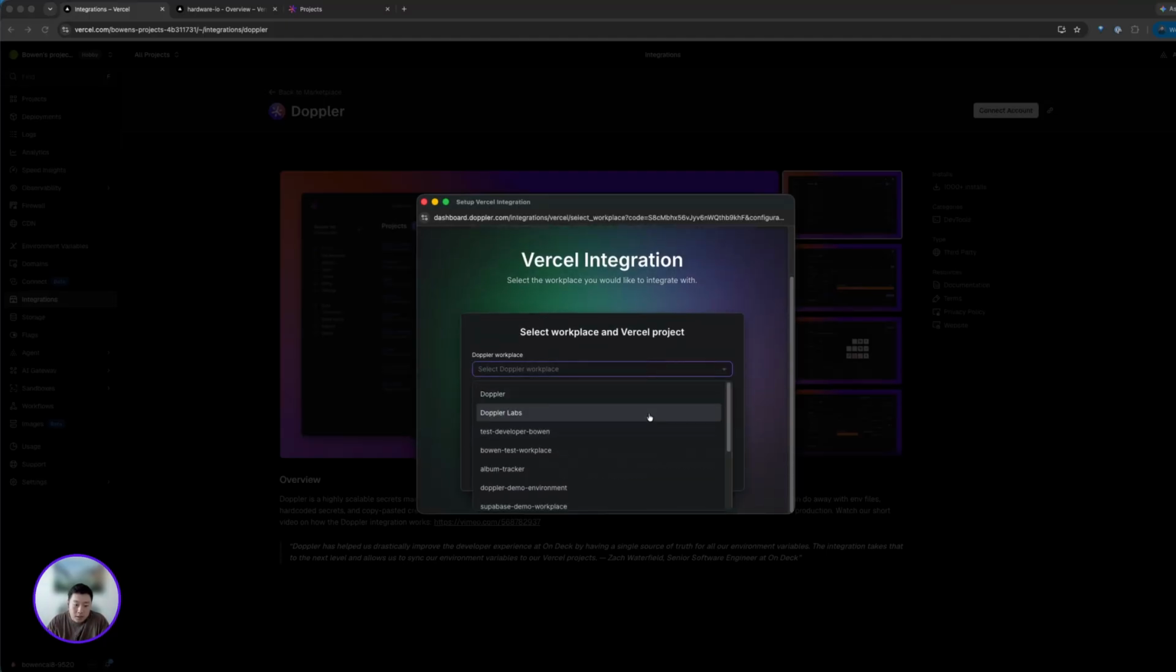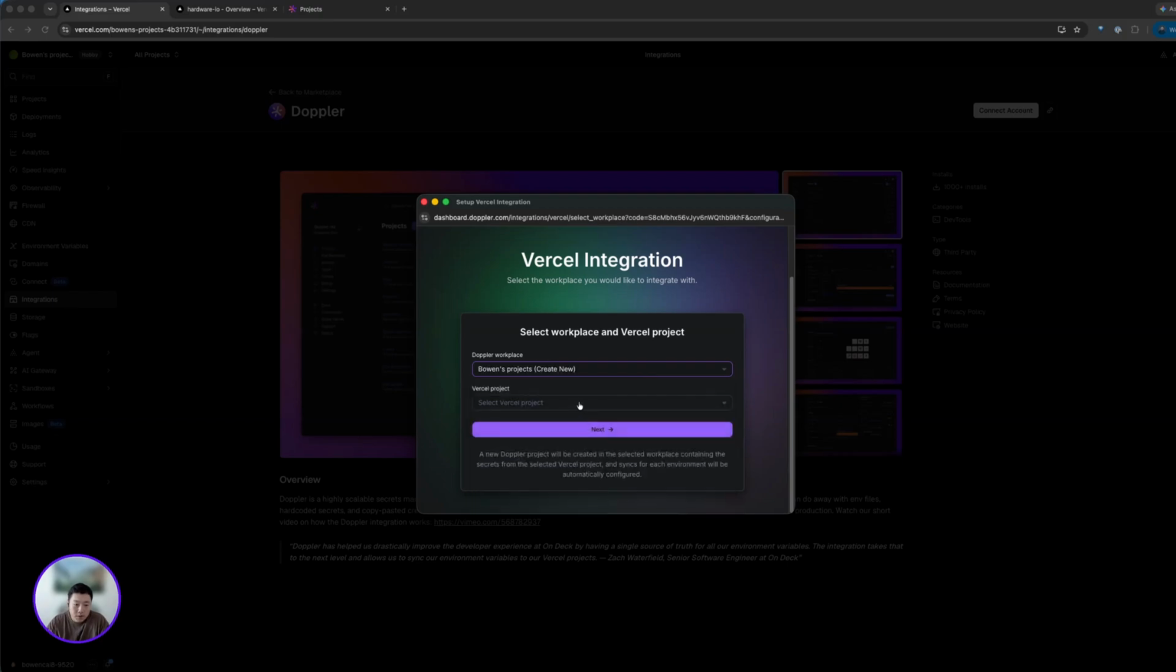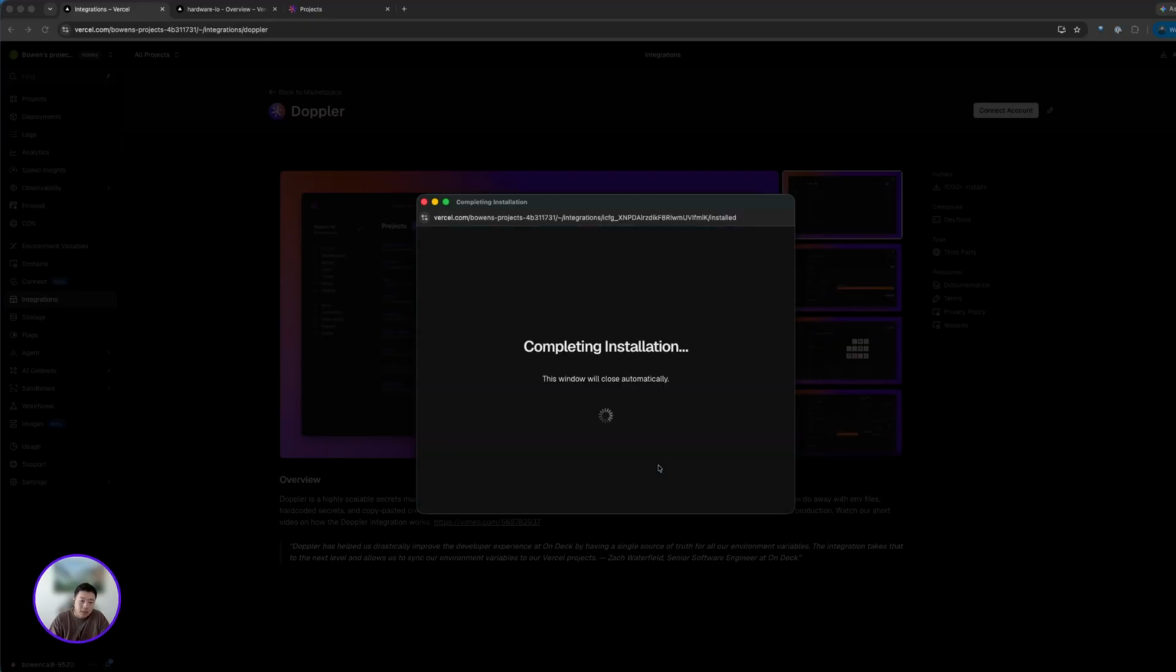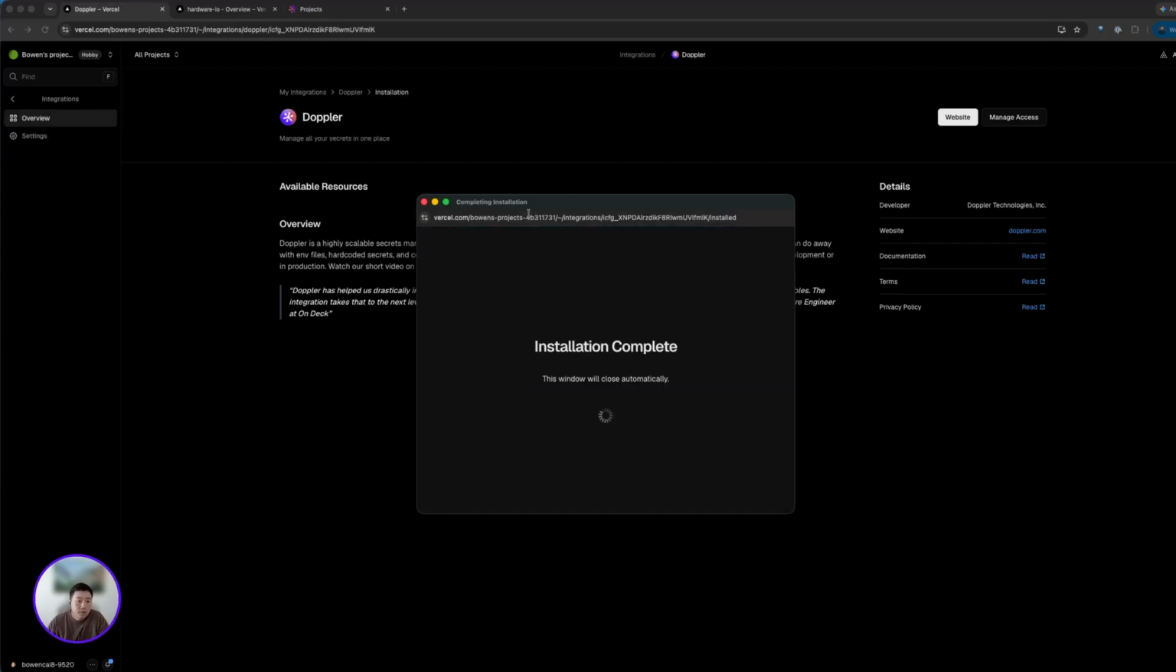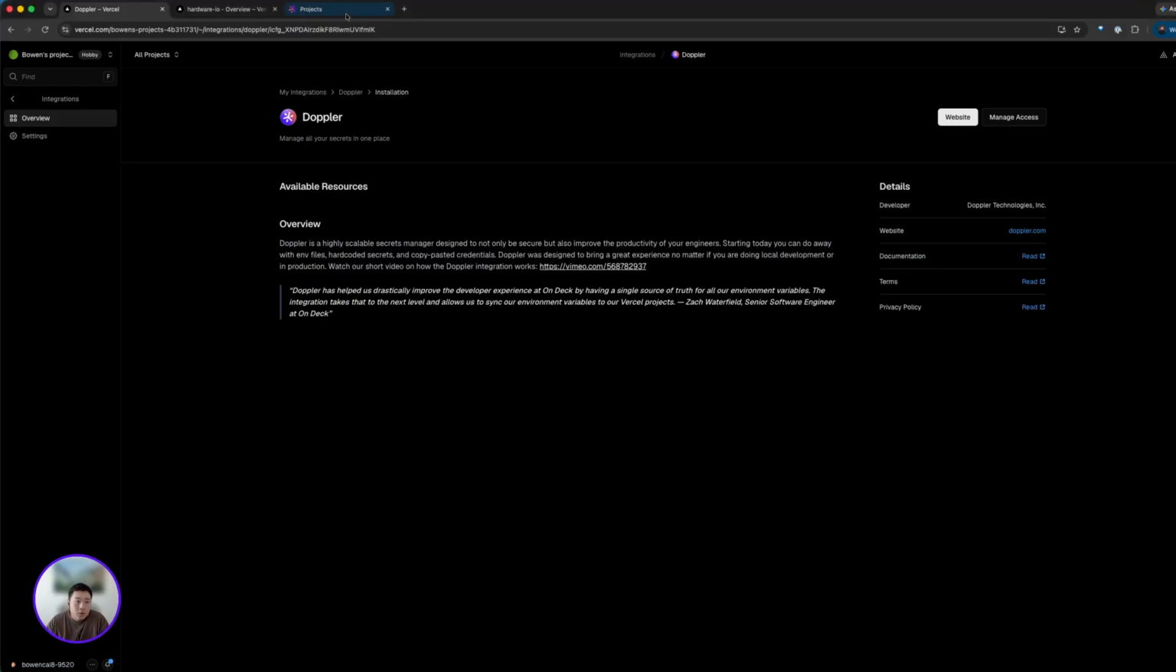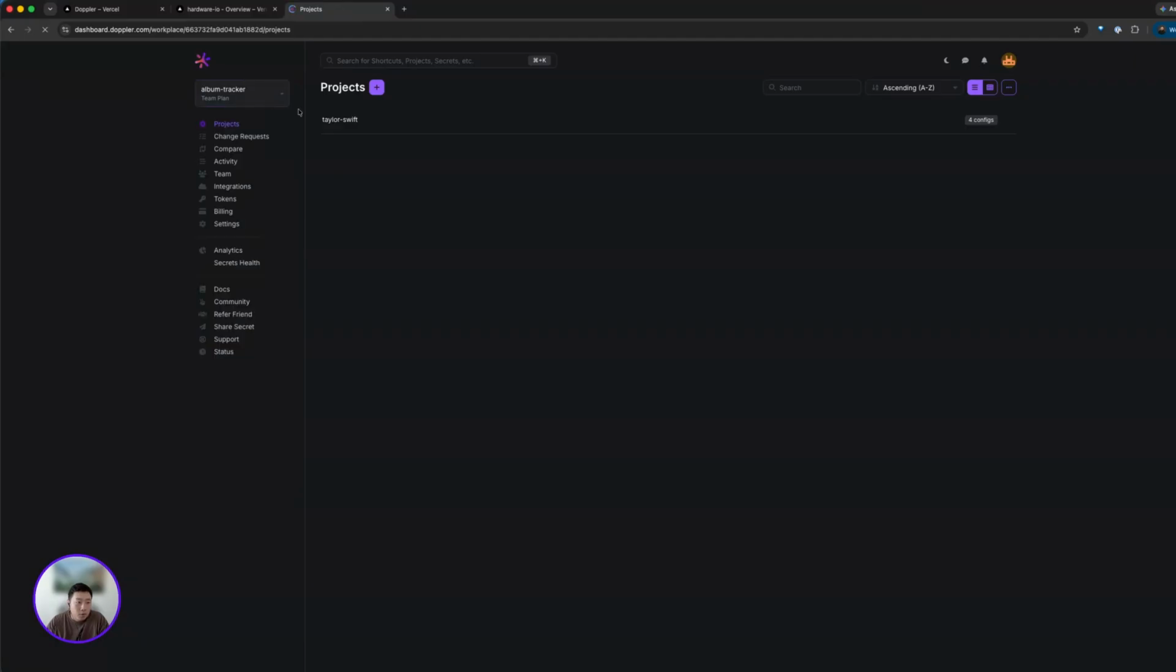You can either select an existing Doppler workplace or create a net new workplace. I'm going to create a new one and link it to my Hardware IO Vercel project. Once I click next, it's connecting Doppler and Vercel in the background and creating a Doppler workplace for you to sync your Vercel secrets into. Once this is done, you can then open up your Doppler workplace and see the newly created Doppler workplace, Bowen's